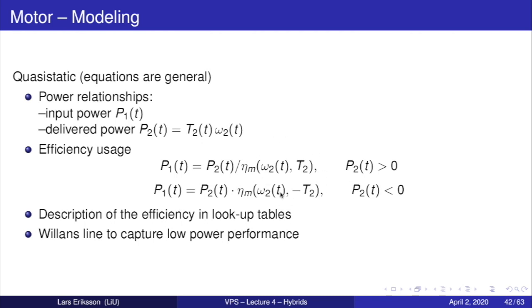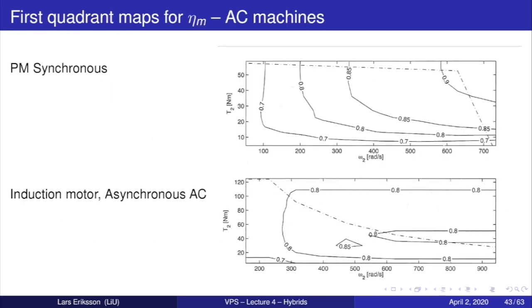These efficiencies are described in lookup tables, in maps, or as separate models. And you can use, for example, Willans line to capture low power performance. Examples of how these efficiency maps can look like: we have the first quadrant map for an electric AC machine here, a permanent magnet synchronous machine, and we have the induction motor, the synchronous AC machine here. In these graphs we have the torque, we have the rotational speed, and we have limitations of the operation